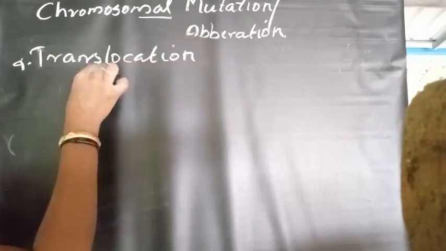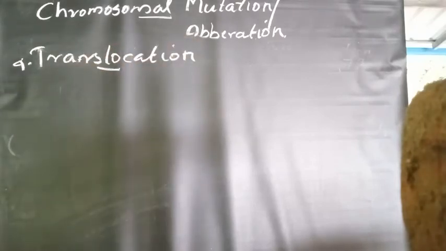So a pair of chromosomes is broken and may be joined with non-homologous chromosomes. Okay, so what is inversion? Either one or two chromosomes' individual part or segment of the chromosomes break and reunion in the same chromosome. That is called inversion. But you see, in translocation, a part of a chromosome is broken and may be joined with a non-homologous chromosome.